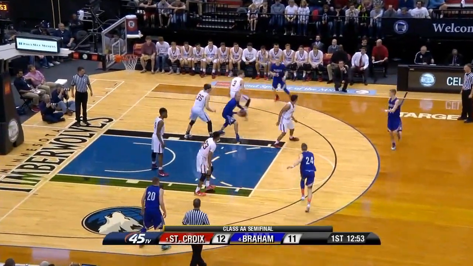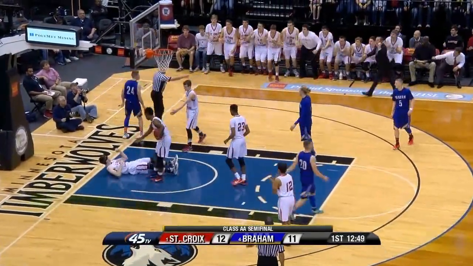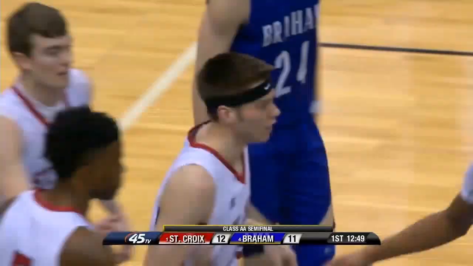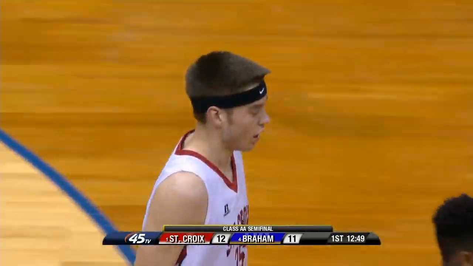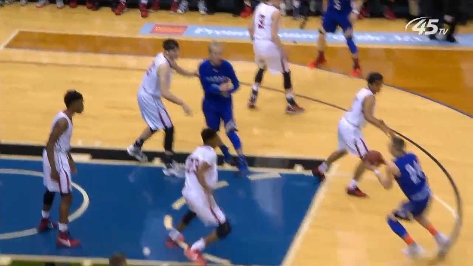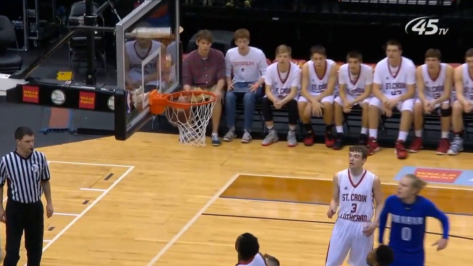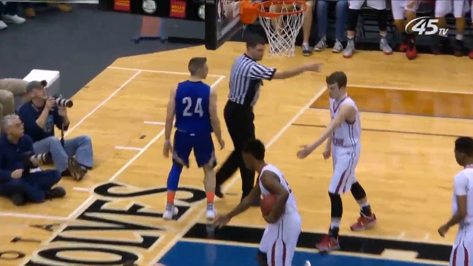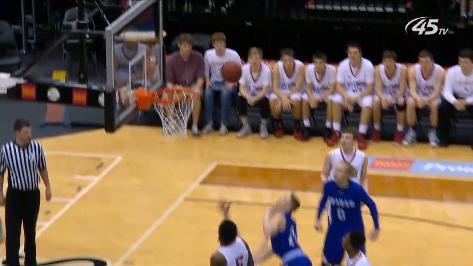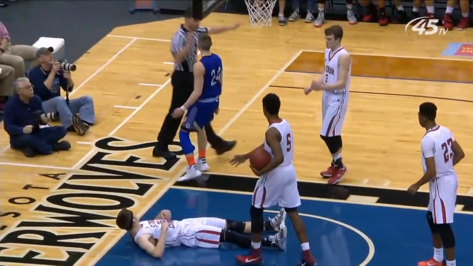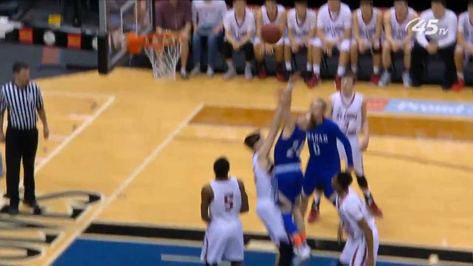On this next play, number 24 is going to come down the middle of the paint, and we're going to have a run over, a real solid call by the lead, good positioning. The only thing I would suggest is that we put the fists in the air so that we can slow ourselves down and process what we saw. Definitely an offensive foul. And then after we do the fists in the air, we would do the punch out in front to indicate a team control foul or player control foul, as in this case.